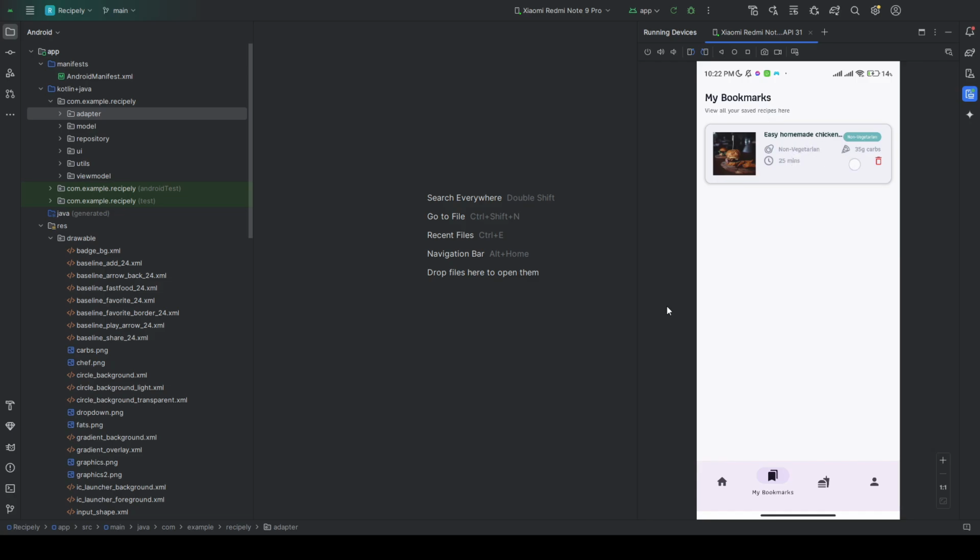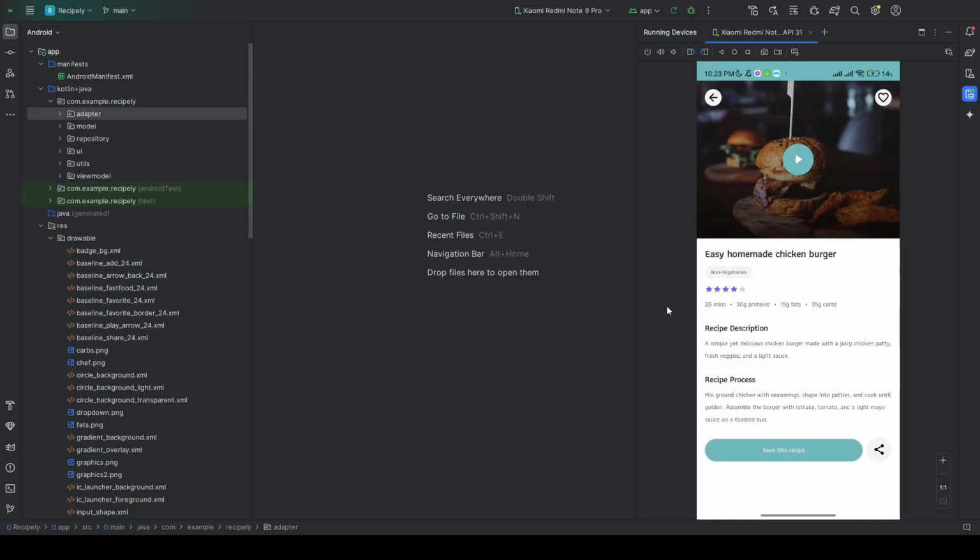The card includes all the key details such as nutritional information and all, and also the remove icon to remove the bookmark if needed. If I want to view the full details of the saved recipe, I simply click on the recipe card. This takes me to the recipe details page where all the information we entered while creating the recipe is displayed, such as title, category, nutritional information, duration, description of this recipe, and